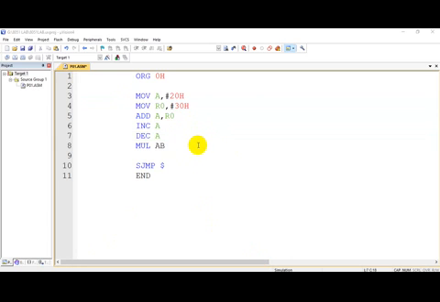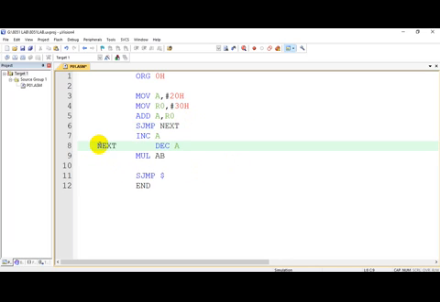Now I will introduce a branching instruction. Let me say SJMP next, and let the label next be here. What happens? We have seen already. This is an unconditional jump instruction.